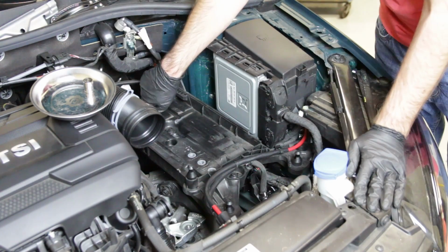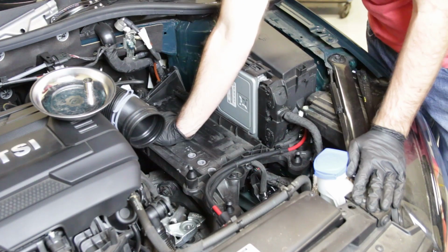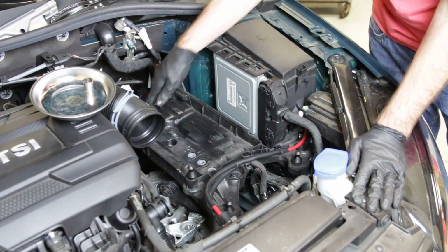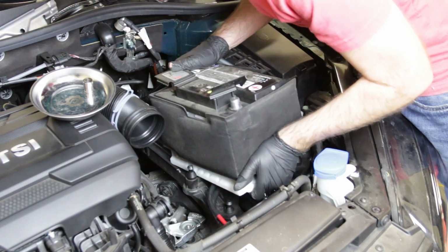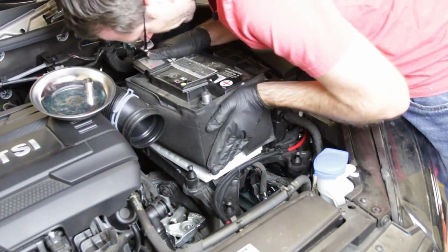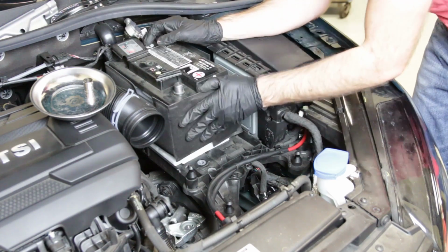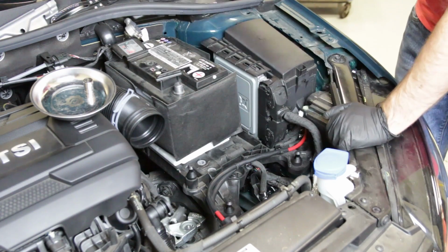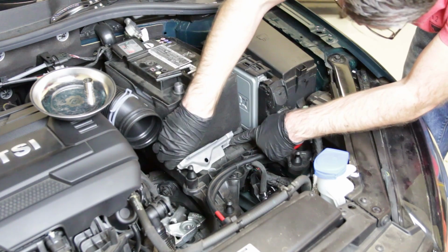Now, if you take a look at the back of the battery box here, there's a lip under here. So what we're going to do is slide the battery all the way back so it gets underneath the lip. You want to make sure you obviously have the positive and the negative in the right place. And then slide that all the way back. And then we can take our bracket here. And this is what we're looking to hook in place. So